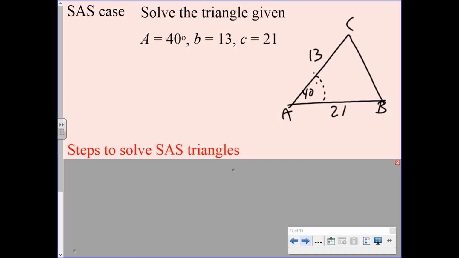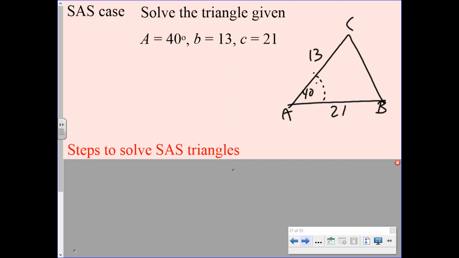I'm going to do another video moving forward on the non-included angle case, which is called the ambiguous case, but we're going to handle that one separately. Okay, so what do we do on this one? Well, if you go back and look at all of the different laws of cosines and you see what you have, I think you'll notice you are locked in to finding the third side, because that's the only thing that you have everything